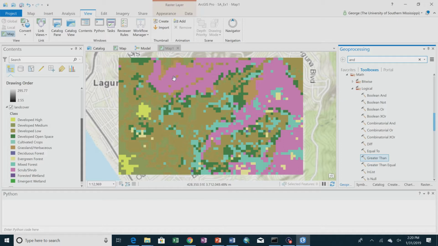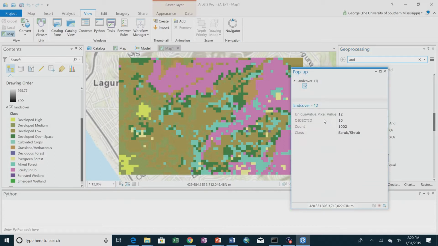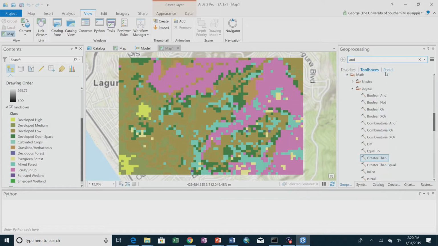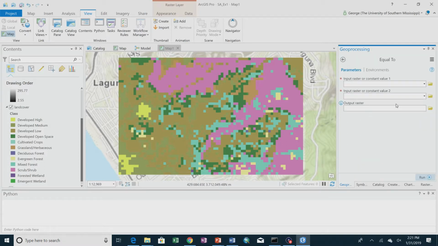I clicked on a scrub shrub pixel. That's a good way to do it. So Dan clicked on a scrub shrub pixel and it tells us what the number is. Remember, it's always a number. So let's do equal to, and then choose the land cover data set, and then choose 12, and then we